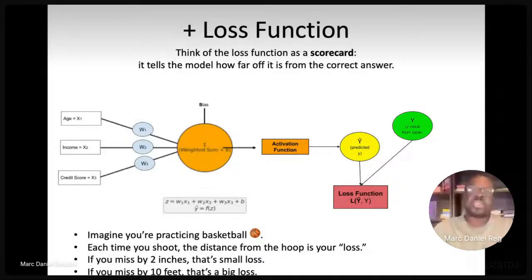Okay, so inputs: you run your inputs to the model, or to a neuron. It goes to an activation function, which learns nonlinear patterns, and then it spits out a predicted number. That number is now compared to the row and says, hey, you are X amount of values off from the actual value that's from the table. So now,